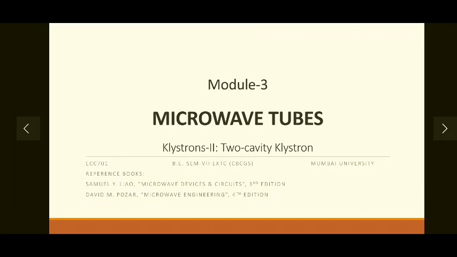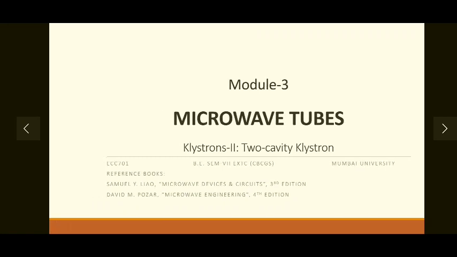Hello everyone. Now in this session we are going to continue the working of the two cavity klystron amplifier. In the last video we have seen the general working, where we saw that the velocity modulation process is carried out inside the drift space of the two cavity klystron, and the catcher cavity produces the power amplified output at its terminals, and the electron beam is collected at the collector. Now how the velocity modulation process or bunching process exactly happens, that we are going to see in this session.